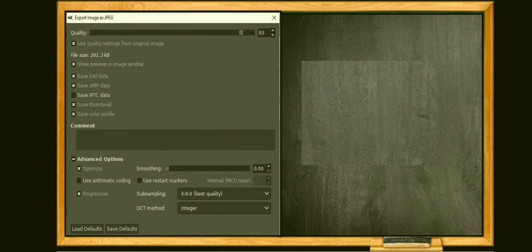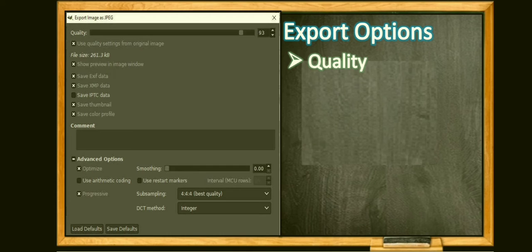What are more export options? It's also the quality. The quality determines the size of the JPEG file. So choose an option from the quality menu or enter a value between 0 to 10 in the quality text box